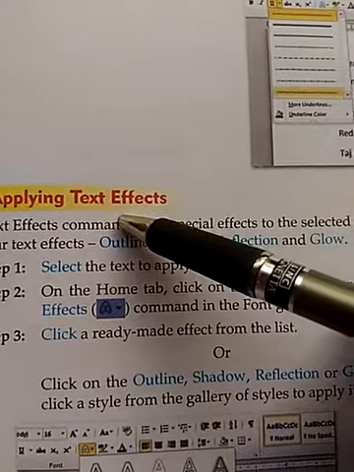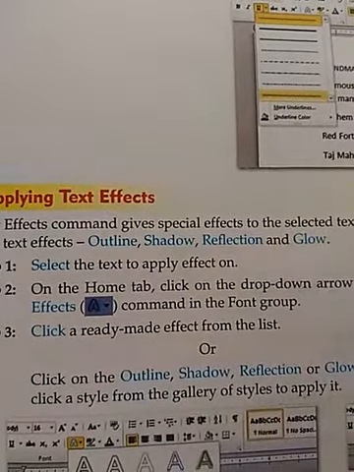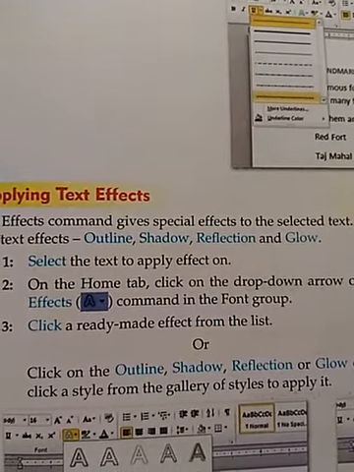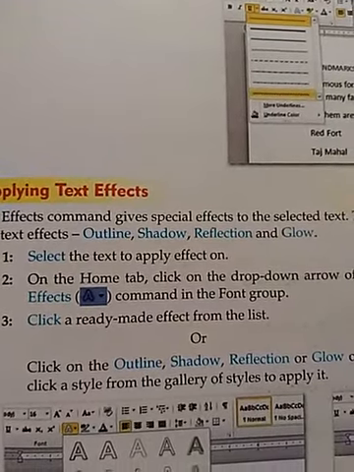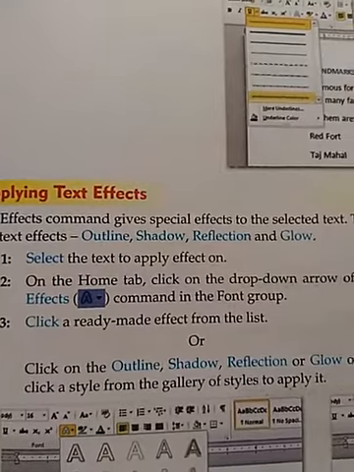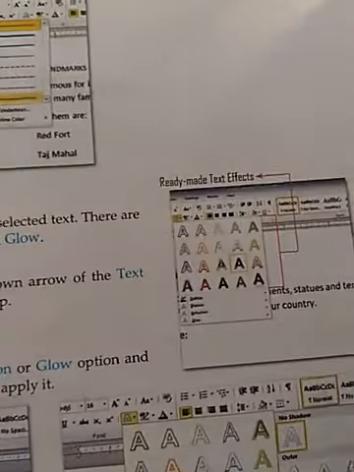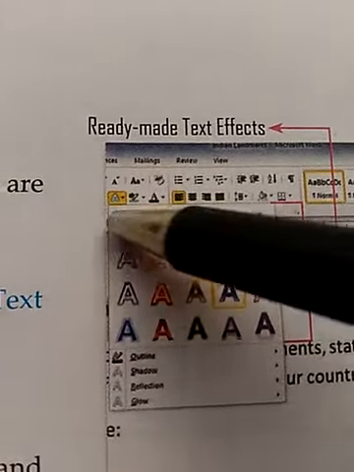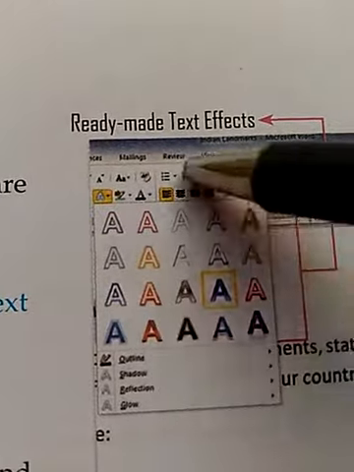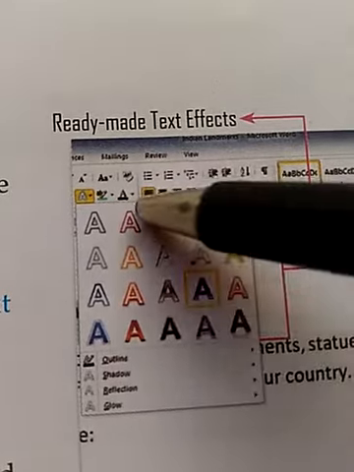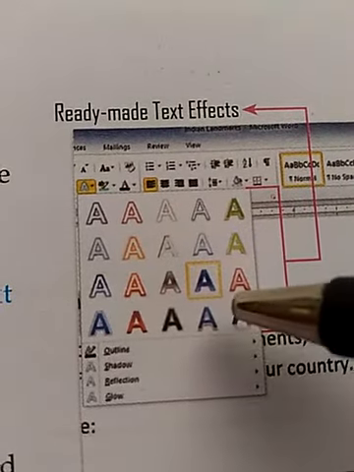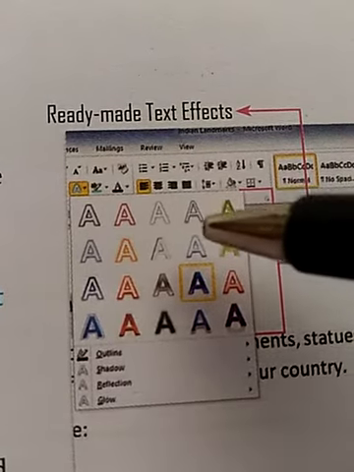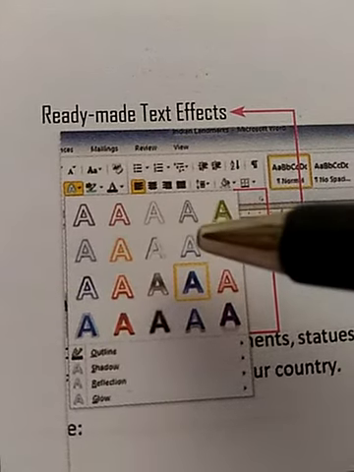Now, applying text effects. Text effects means you want to show the shadow or reflection or glow the outline, and some other text effect options are available. Like here, it is showing you different text effect options available. To apply these options, first you need to select the text, and after that click on the text effect button.